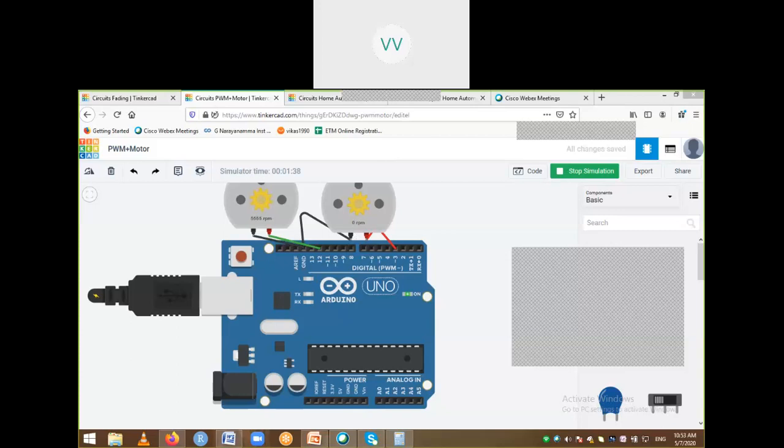What about now? Are you able to see the changes? Like motor 1, it's operating at 0.